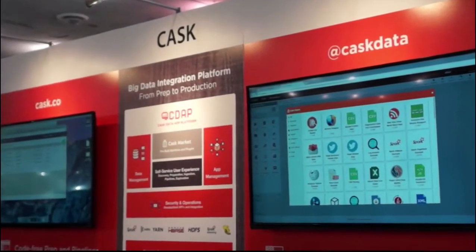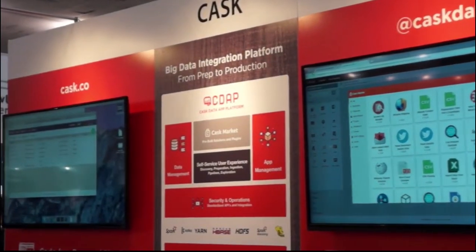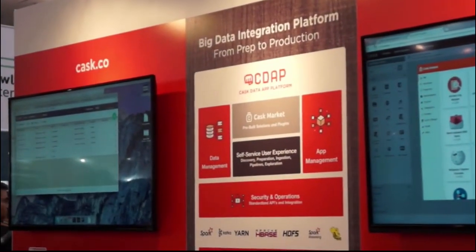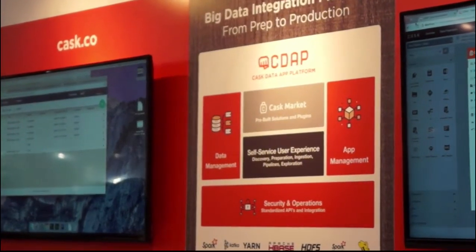CASK just announced the latest version, 4.2, of your CDAP product. Can you drill down a little bit into that? Yeah, so CDAP 4.2 has been in the making for quite some time now. As you know, we have spent a lot of time building the platform, hardening the platform and adding core capabilities into the platform. So slowly we are starting to add more visual tools that simplify it and bring it to a level where you don't need to be a heavy-headed systems programmer to deal with Hadoop, right? So this release 4.2 was focused on improving those aspects, the user interface aspects of the platform.